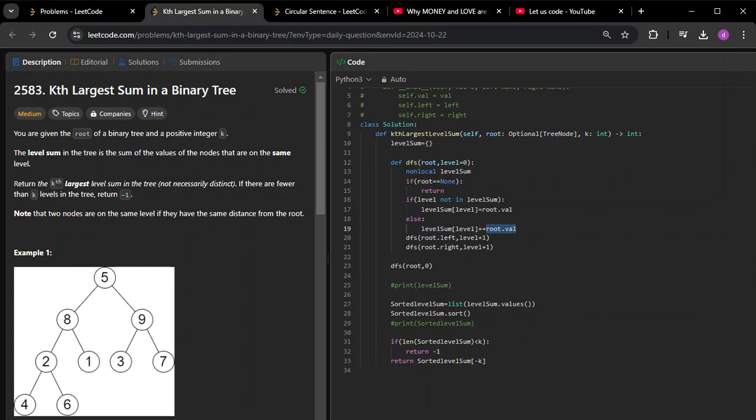Okay, that is the basic idea. That is, level sum is equal to level sum plus root dot value. That is what I'm doing here. To the existing value, add this value. Here I'm simply initializing it. Whatever the previous value was, it will be changed to this, but here I'm adding the root dot value